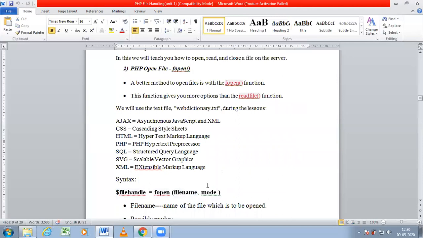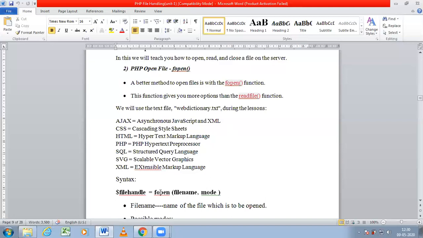Every file can be opened in different modes, that is read mode, write mode and execute mode. Read mode means you can read that file, you can't edit it. Write mode means you can modify that file. Execute mode means you can execute that. One more mode is also available, that is appending mode. Appending mode means for the existing file you can add some contents to the end. Mostly used ones are read, write, execute. In rare cases we will be using appending mode also.